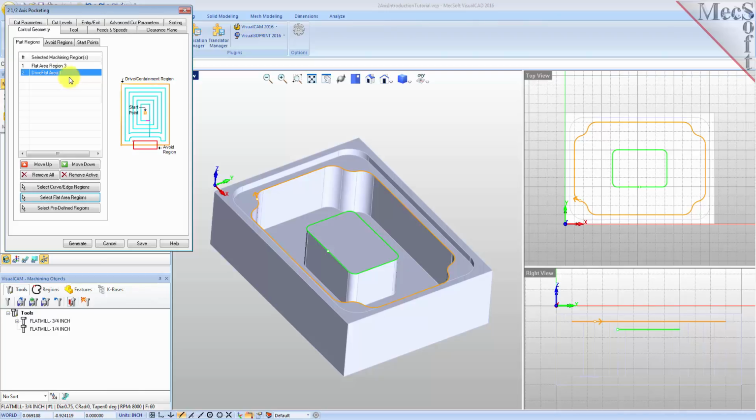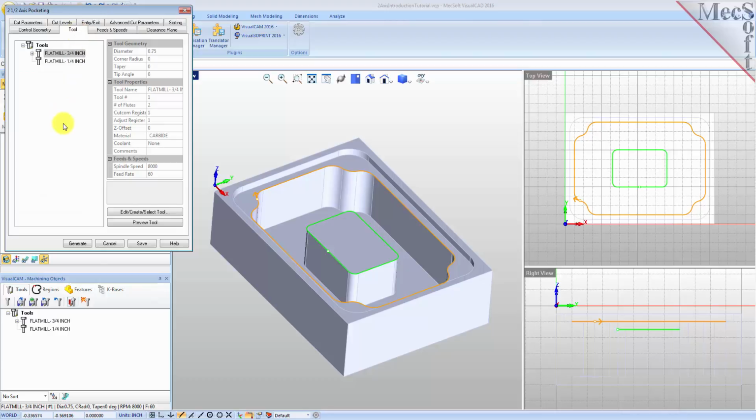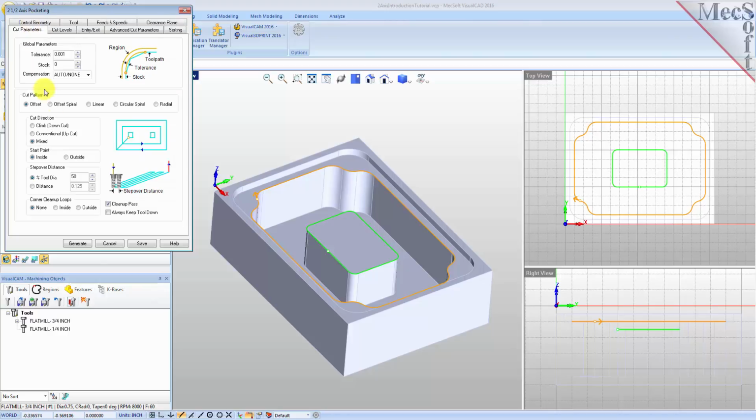If you select each region from the list, you will see that the first represents the top outer profile of the pocket, and the second represents the top outer boundary of the island. Next we go to the Tool tab, and again we'll pick the Flat Mill 3/4 inch tool from the list. Next we'll switch to the Cut Parameters tab, and we'll set the stock to